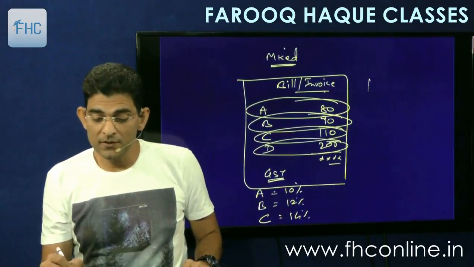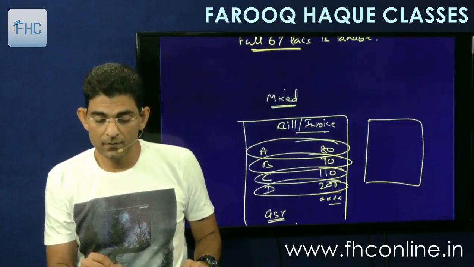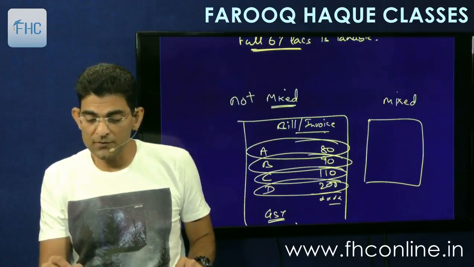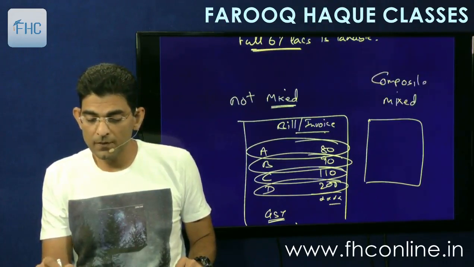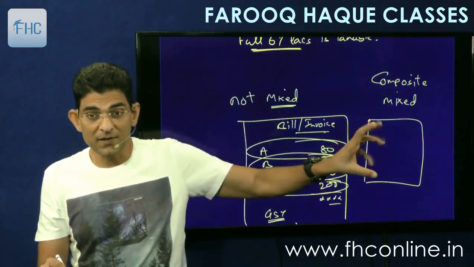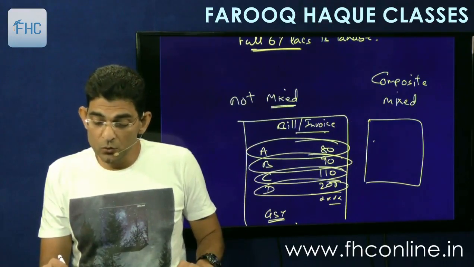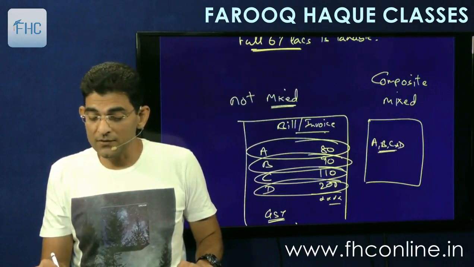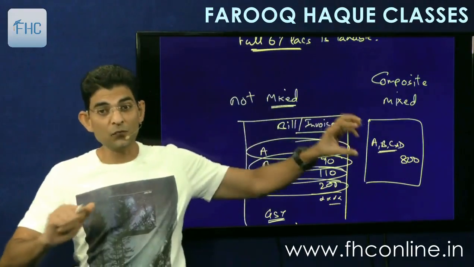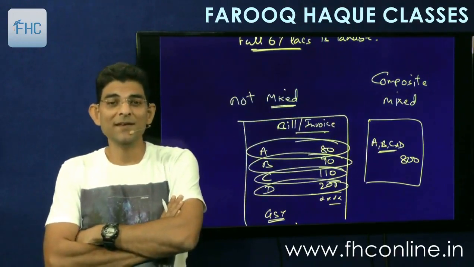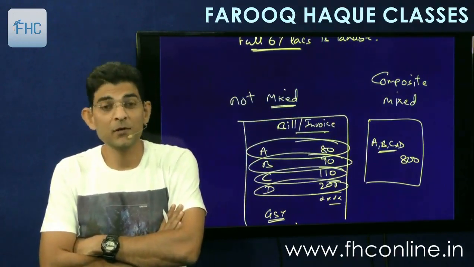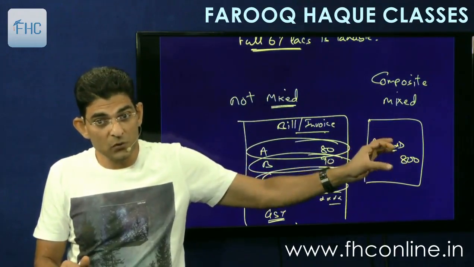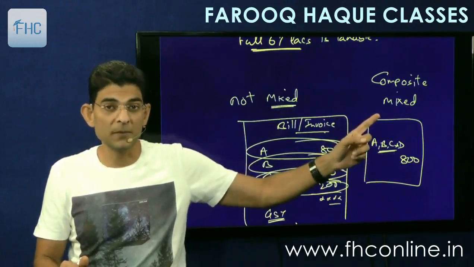Mixed supply is a case where, okay, here write down not mixed. So mixed is a case, mixed or composite as the case may be, where something is there which includes A, B, C and D put together, and the value is charged as 800 rupees. There's one value charged for 4 or 5 or 6 or 7 or 8 or 10, anything which is 2 or more together. So if there's a common value, one value for all 4 or 5 items together, then this is either called composite or mixed.